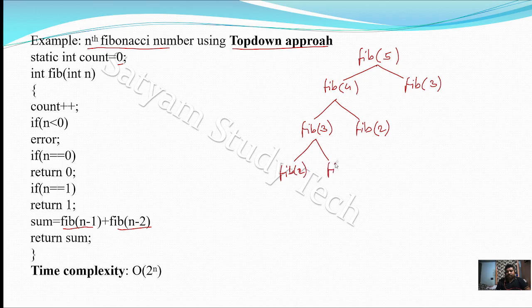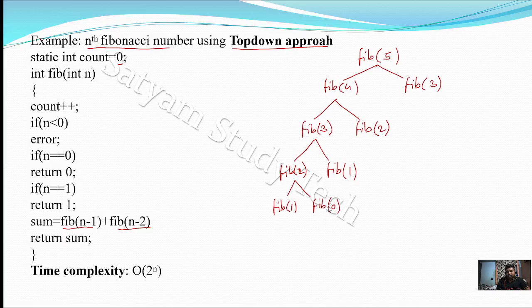Here also fib of 3 calls fib of n minus 2, that is fib of 1. Here it is fib of 2, so again you call the same function, fib of n minus 1, that is 2 minus 1, that is 1, and fib of 2 minus 2,